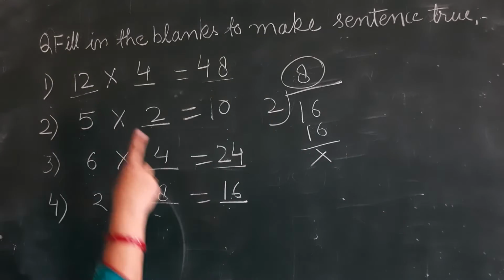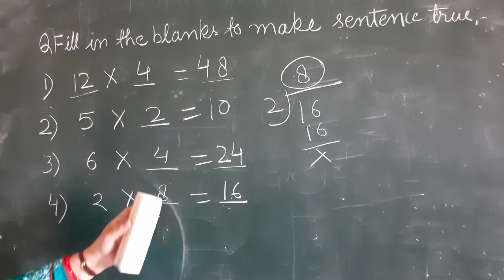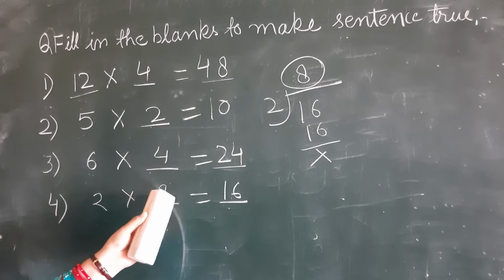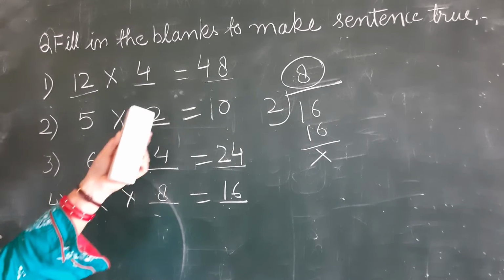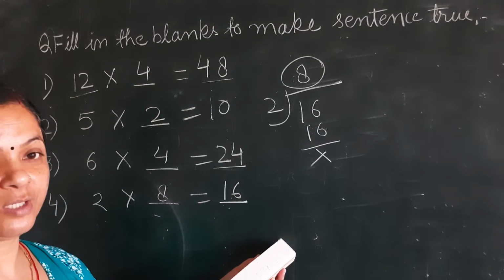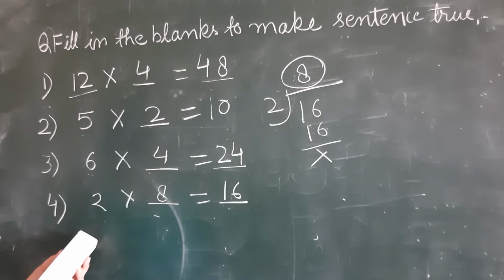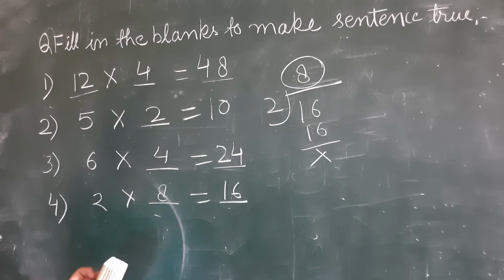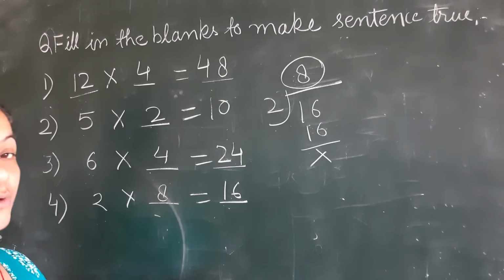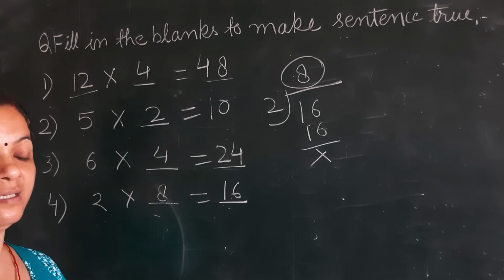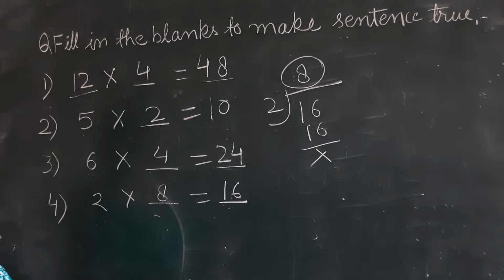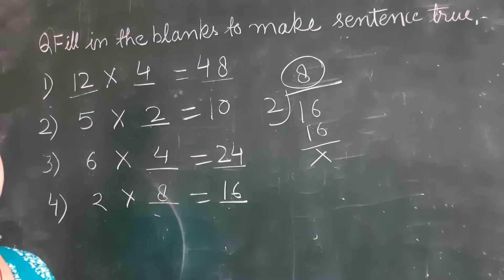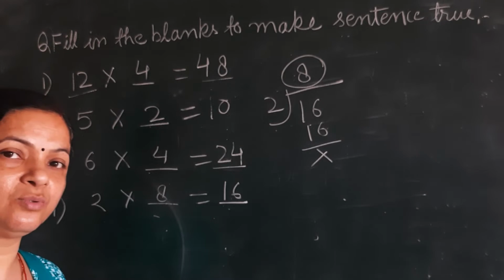Okay, student. So in this way we have to find a number such that the product of these two numbers is equal to the opposite side. Okay, then it will make a true sentence. Okay, student. Till now we were doing simple product. Write the product only. But for these things you have to learn the tables. You can divide without learning the tables. Okay, student. So please learn the tables from 12 to 20.